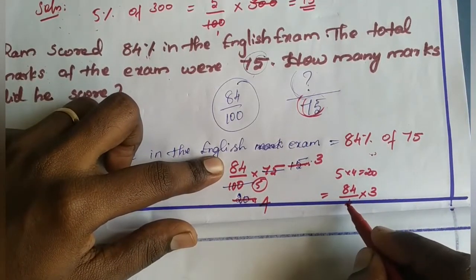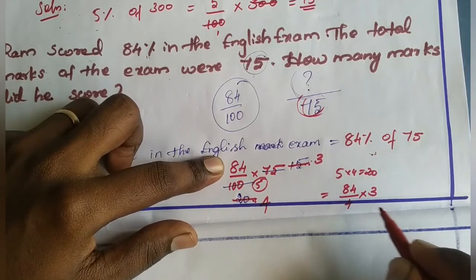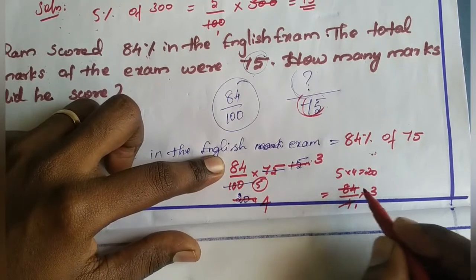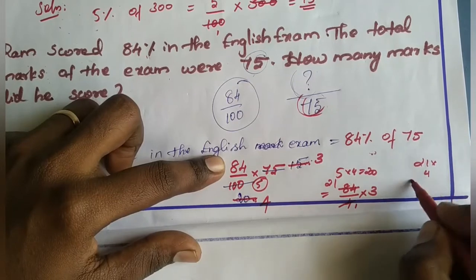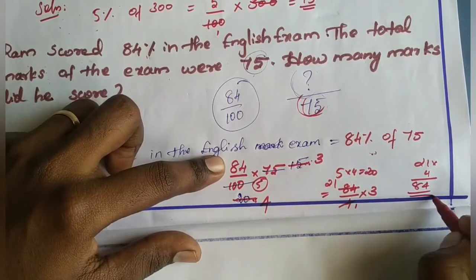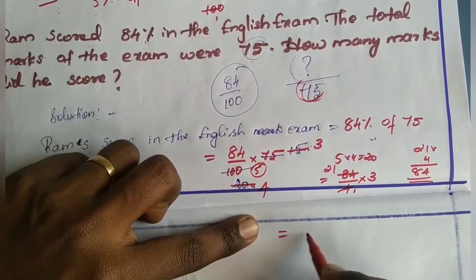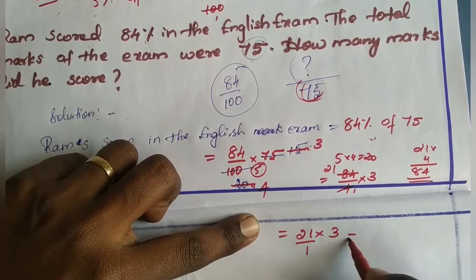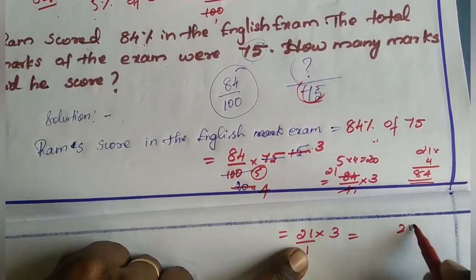Let's check whether we can cancel this 84 and 4. Yes, we can. 1 4 is 4, so 21, because 21 into 4 gives you 84. I'm right. Okay guys, what is the answer now? 21 into 3 divided by 1. Okay guys, are you clear? What is 21 into 3? Yes, 21 into 3 gives you